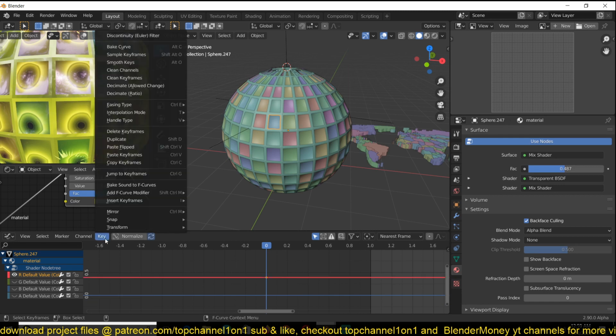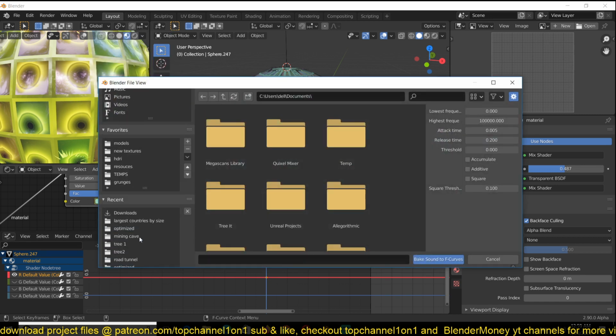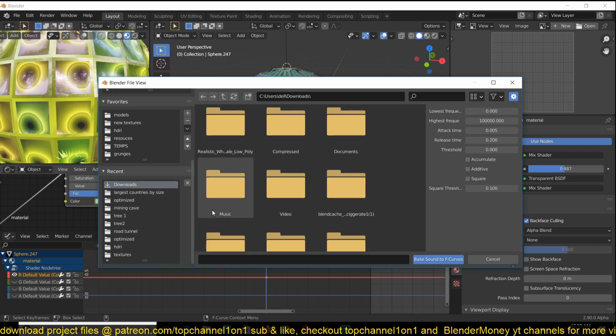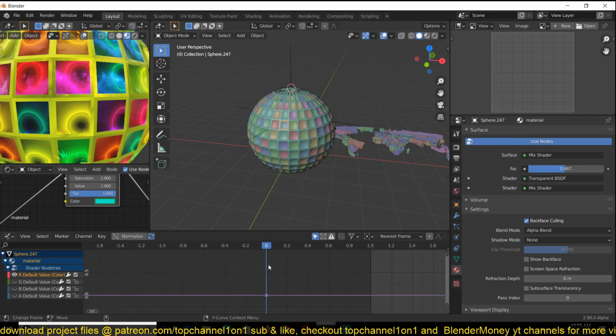I think you would have to add an audio, Bake Sound to F-Curves, then find a track. I'm not sure if I have any free audio tracks. Let me see if I can find something. Yeah, this should work.